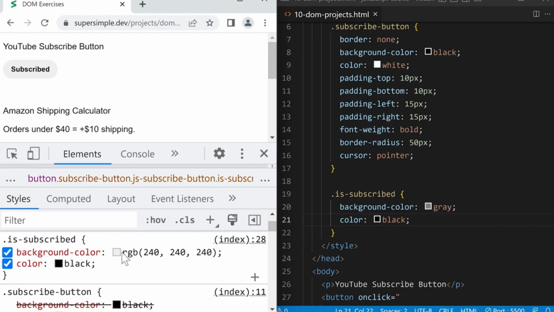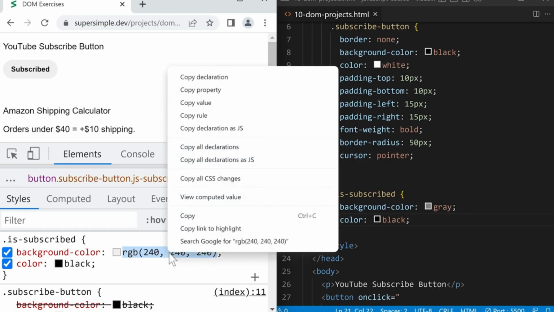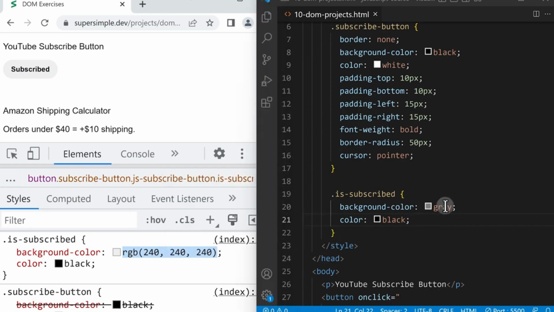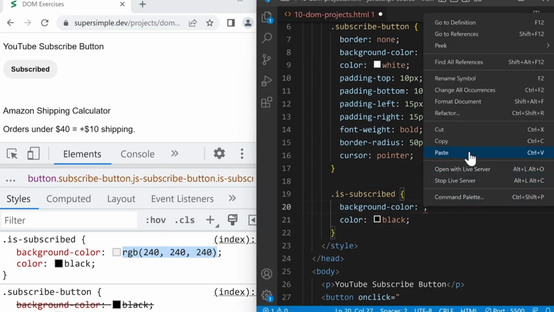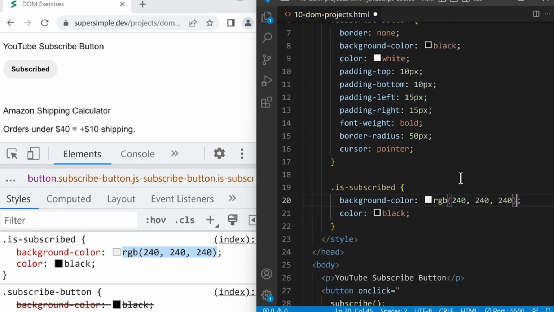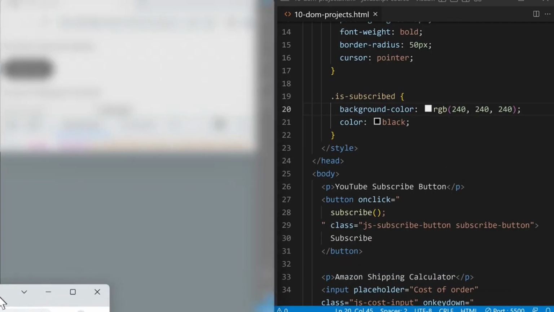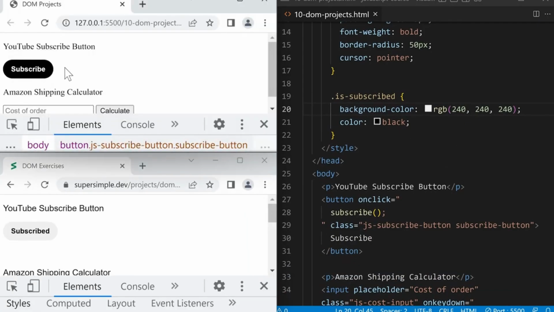So let's make a copy of this color and put it into our code. Right-click, copy, and here we'll remove it and right-click and paste. Now let's save and go back to our project and try it out. And now we get the exact